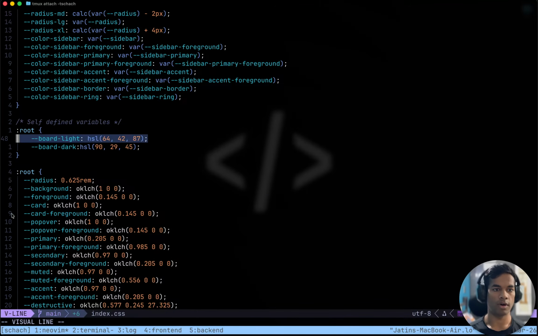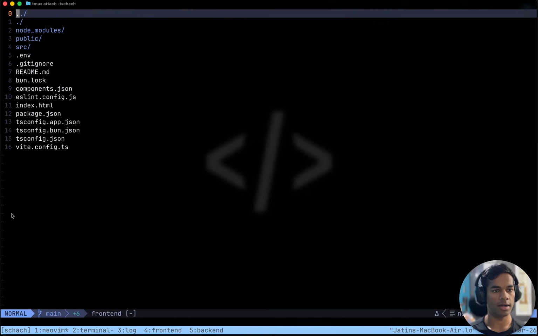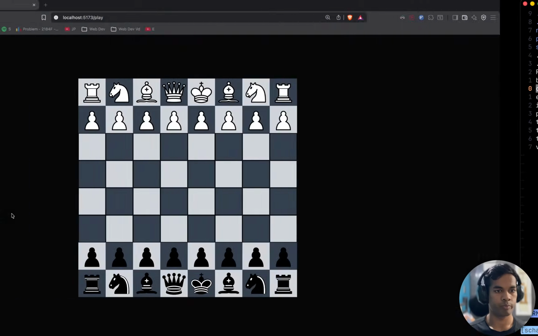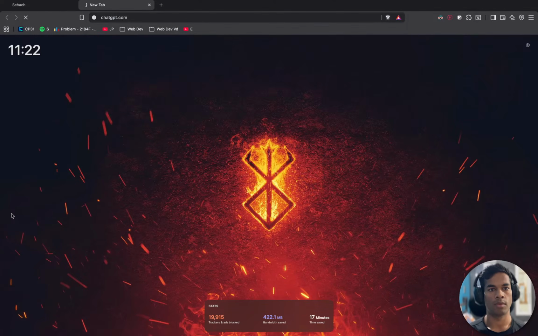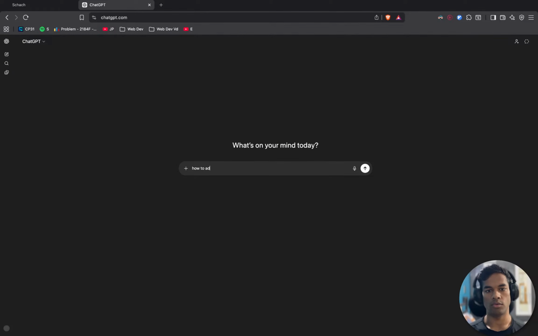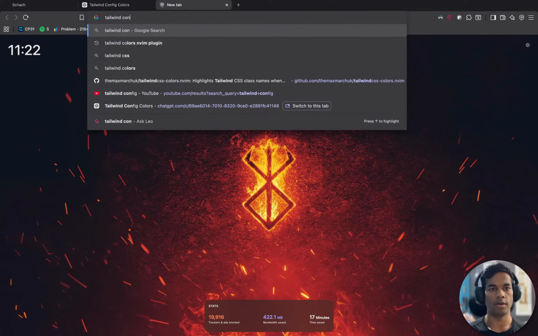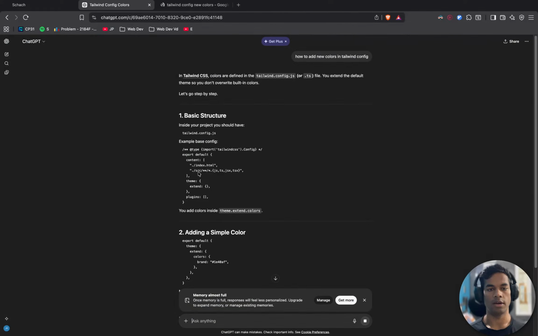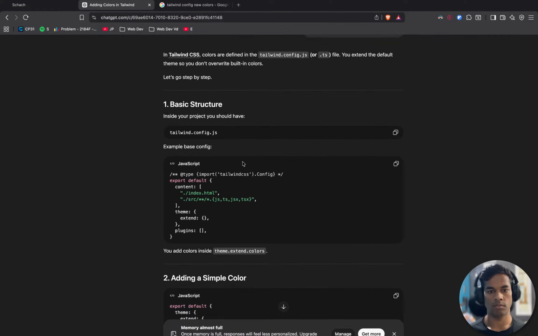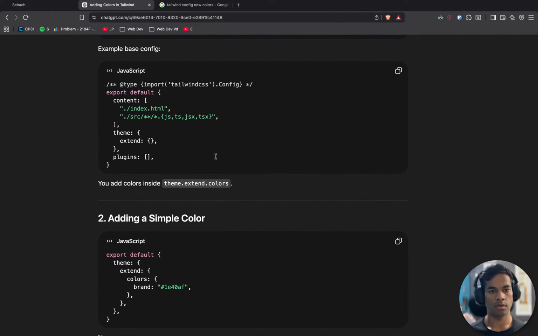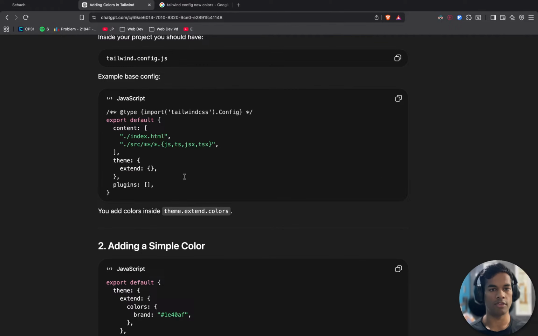And how do we define these colors to be accessible by Tailwind? I think we have to go to Tailwind config, which we do not have here. ChatGPT, how to add new colors in Tailwind config, and also from the Tailwind config new colors from the documentation. This is cool. In JavaScript, Tailwind config adding a simple color.